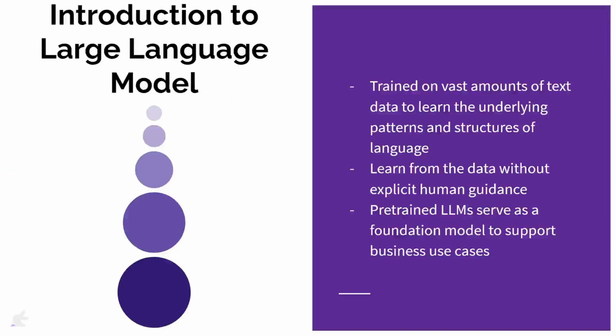Large language models are complex neural networks that are trained on vast amounts of text data to learn the underlying patterns and structures of language. These models employ a technique called unsupervised learning, where they learn from the data without explicit human guidance. Through this process, they develop an understanding of grammar, syntax, and context, enabling them to generate coherent and contextually relevant